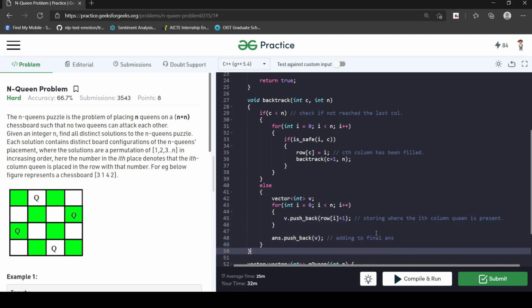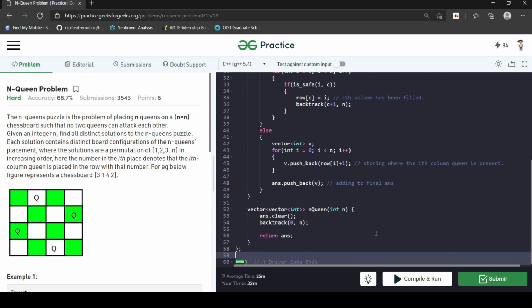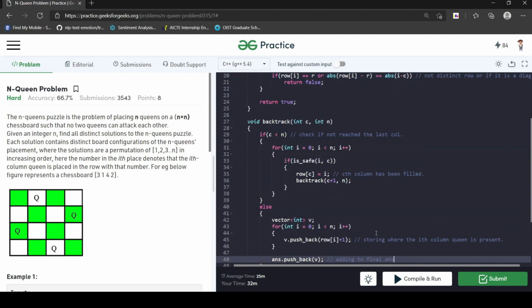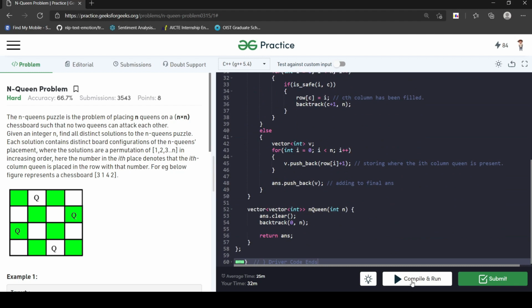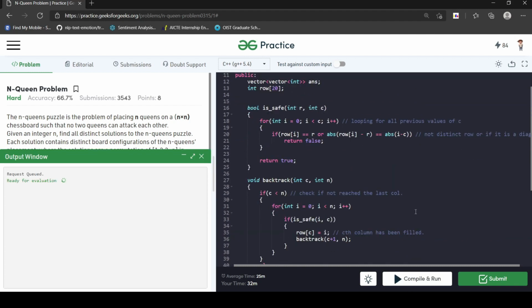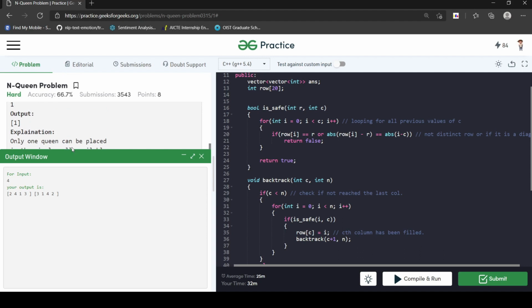So now I think our answer is now complete. Let me compile my code and check if it is giving me the right answer. Okay, for 4 it is giving me the right answer, as we saw in the example also, it was 2413 and 3142, right?